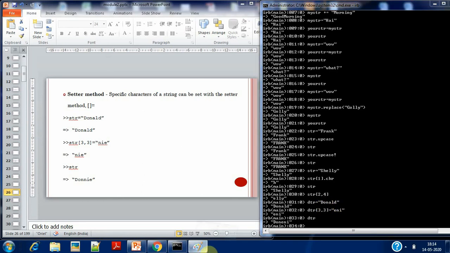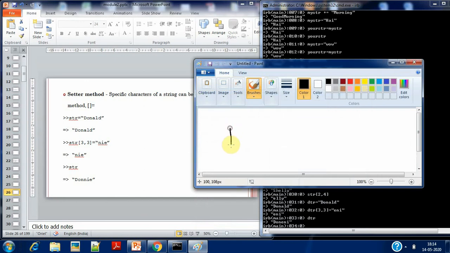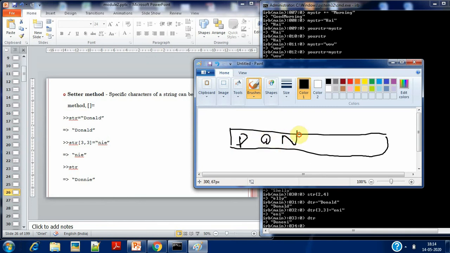You have it like this: 0, 1, 2, 3, 4, 5. So starting from the third place, starting from the index position 3.